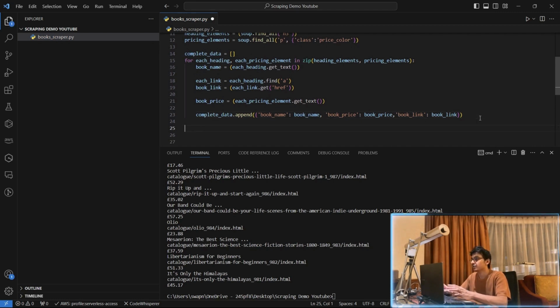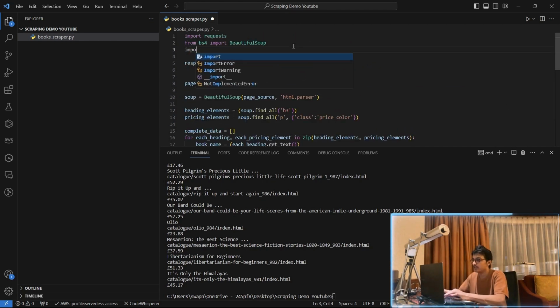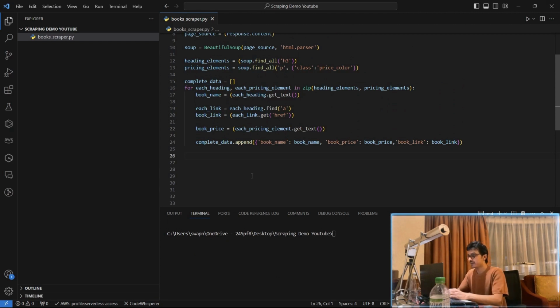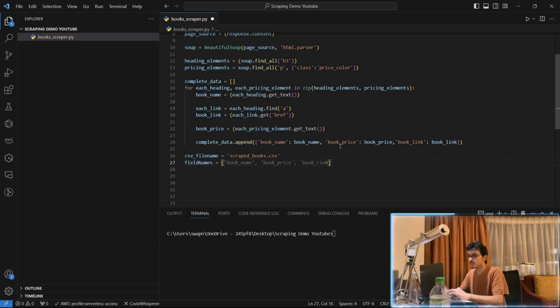Now we need to export this to CSV. For that we can use a library called CSV, so import csv first. This is a built-in library of Python, so no need to install it separately. Now that we have collected the data, we need to store it in a CSV file, and for that let's create the file name first, which will be scrapedbooks.csv, and let's have the field names that we'll be having in the CSV. So these will be the field names: book name, book price, and book link,